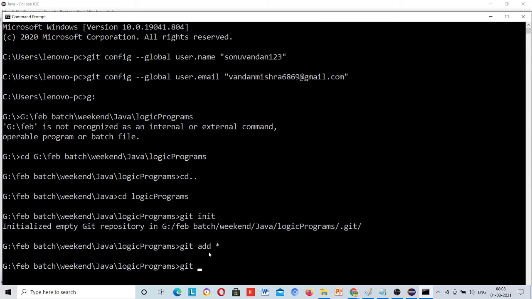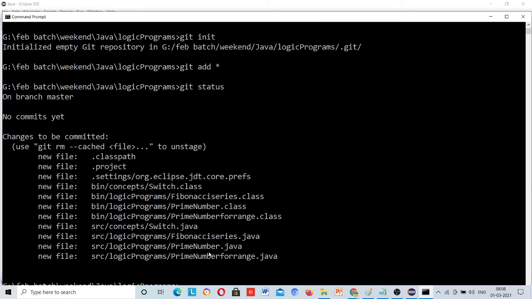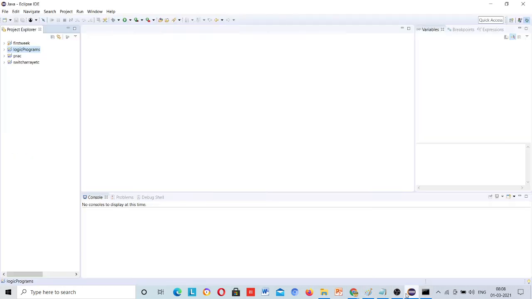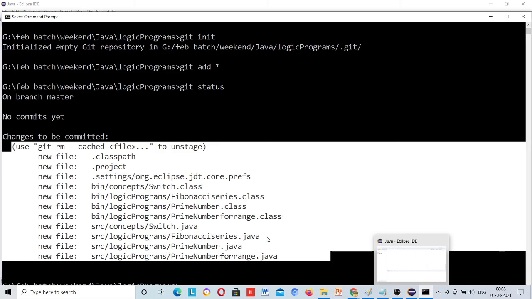Then there is a command git status. You can see this file has been added. Now you can cross-check from your software that whatever files you have here are present here.